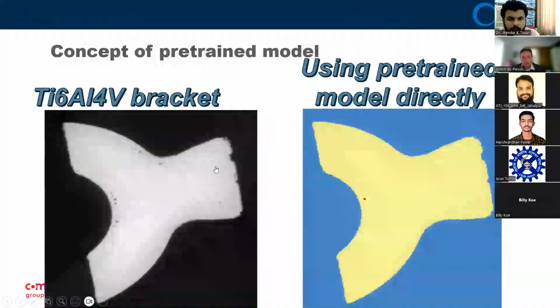And what I will show here is a pre-trained model, which was already trained on a number of images, and you can get a decent result. But of course, each sample is different, and the pre-trained model was trained on a number of cubes of titanium and aluminium, and you might have a bracket of a different geometry. In that case, it's identifying some pores, but not all of them. So